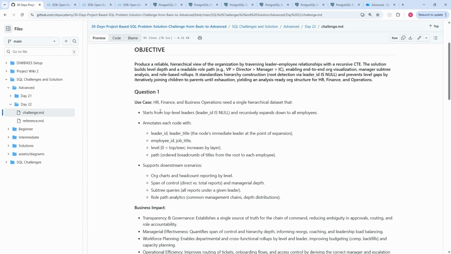Now, the HR, finance, and business operation need a single hierarchical data set. That's number one. Start from top level leaders, in other words, where the leader ID is null, and recursively expand down to all employees. Now, the second characteristic of this use case is that they annotate each node with leader ID and leader title, meaning the node's immediate leader at the point of expansion, and then we talk about the employee ID, the job title, and then you want to put them in different levels, starting from 0 up to whatever